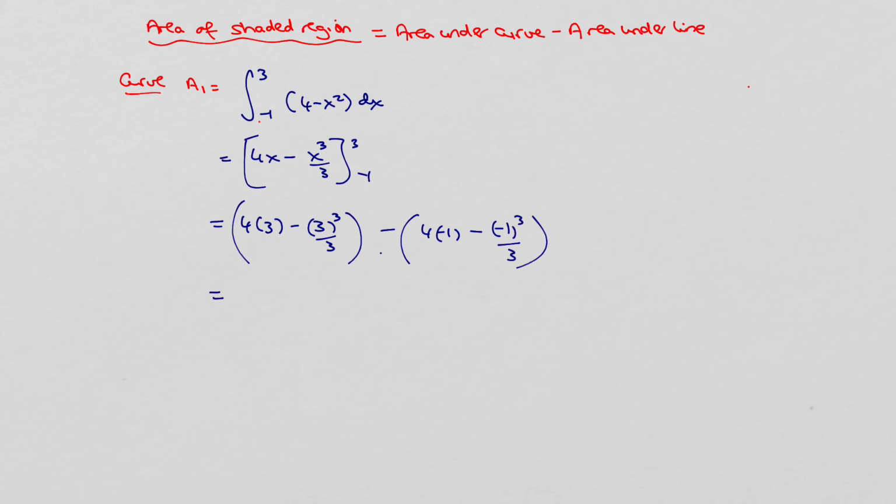And then that gives me 12 minus 27 over 3, which is -9. And then we have -4 and then minus 1/3, so it's going to be plus 1/3. So then that gives me 20 over 3 square units. So it's the area under the curve. So now we're going to do that for the line. So for under the line,